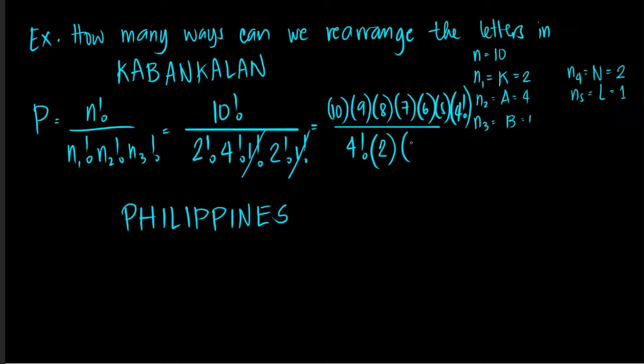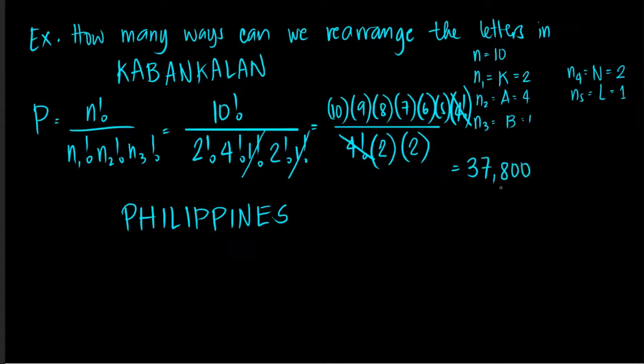And then, there's still another 2 factorial. So, 2 na lang isulat mo. Cancel na ni si 4. And then, ibutang nyo sa calculator nyo, 10 times 9 times 8 times 7, 6, 5 over 4. I got the answer